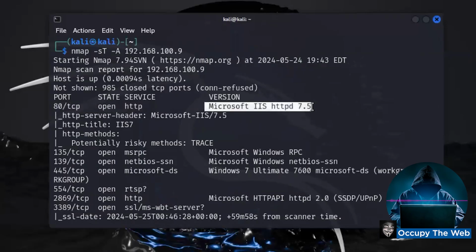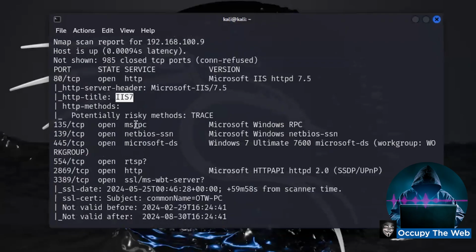It tells us HTTP is a general protocol, but on that port, I see Microsoft IIS HTTPD, the daemon, 7.5. It's an old machine, right? So it's an old version. It comes back and gives me some information on the header and potentially risky methods. It gives me some more information on some of the other